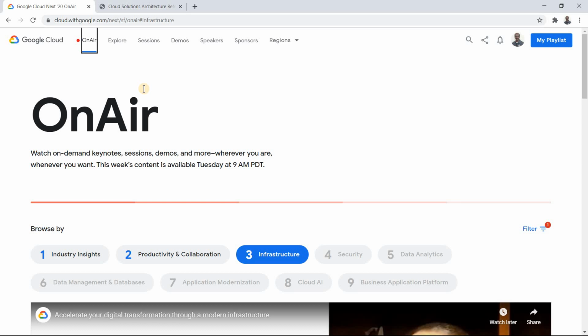I thought because the Google Next event is going on and there are a good amount of articles coming in, why don't we take that itself as a reference to learn this? What are the best practices we should consider when you're serving static images? Let's try to look at that.